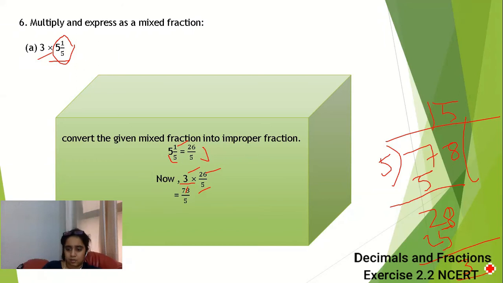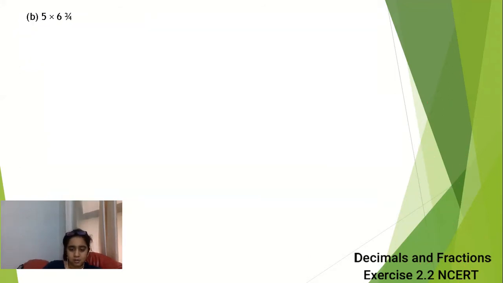So we will put the remainder in the numerator position, this divisor 5 will be in the denominator position, and this 15, the quotient, will go here. So our answer is 15 3 upon 5, because they are saying that we have to convert the answer into a mixed fraction. This is the mixed fraction. And if you don't know what a mixed fraction is, you can watch my first video of this chapter.